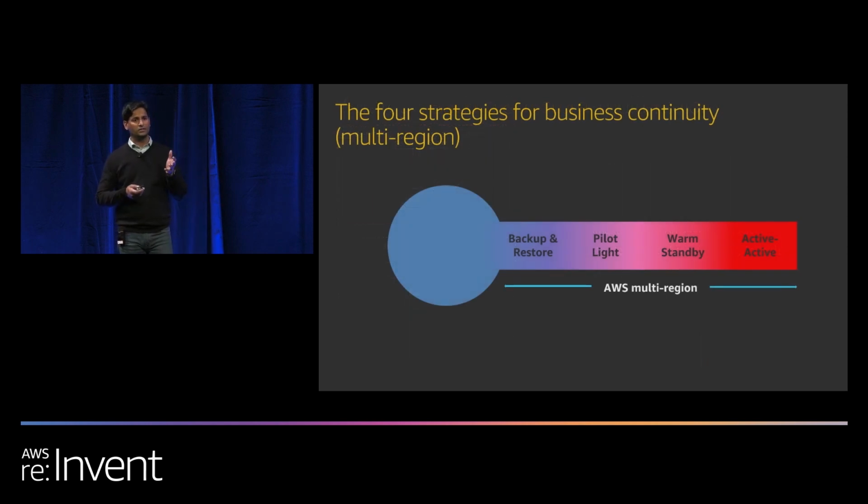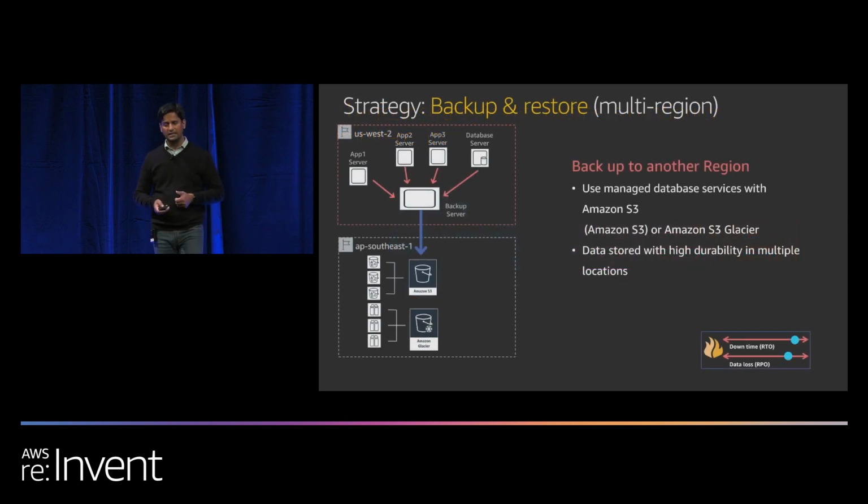Not all applications go into a single strategy. Depending upon your tiers, you would want to adopt different strategies. Again, backup and restore, pretty straightforward. You're going from one region to another region, essentially backing up all your data and your configuration, and restoring on the other side. The most common pattern for this is S3 replication and things like that. Keep in mind when you're doing this, you should be aware that RTO and RPO are high if you go with this approach. So if you have very critical applications, you don't want to be considering this as an option because it'll take more time to bring up resources in the DR region.